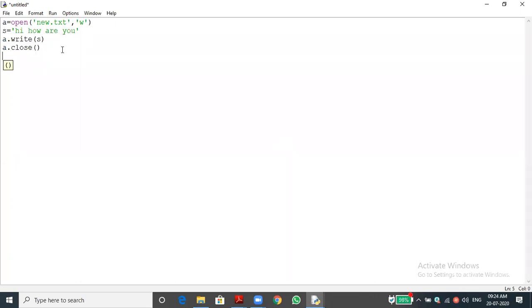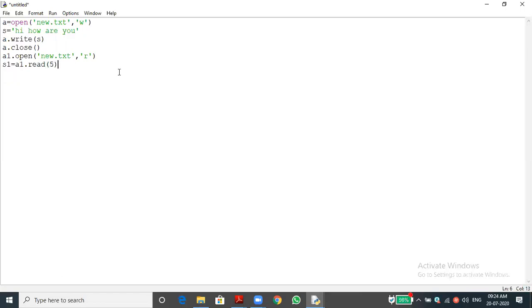So we wrote the content into the file. Again I am going to open the file in read mode: a1 equal to open of the same file, new.txt, but in read mode. Then s1 equal to a1 dot read of 5. Here a1 is the file handle.